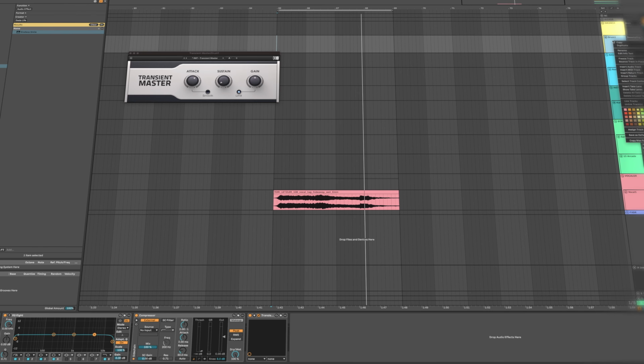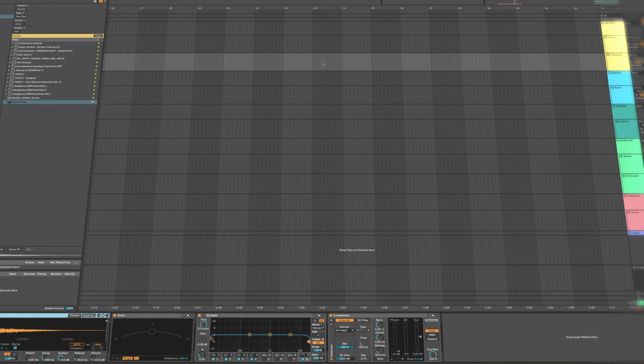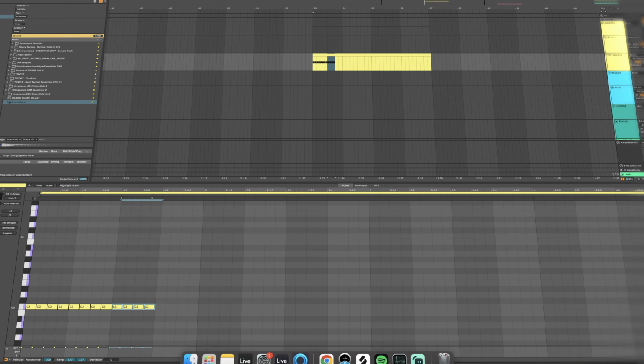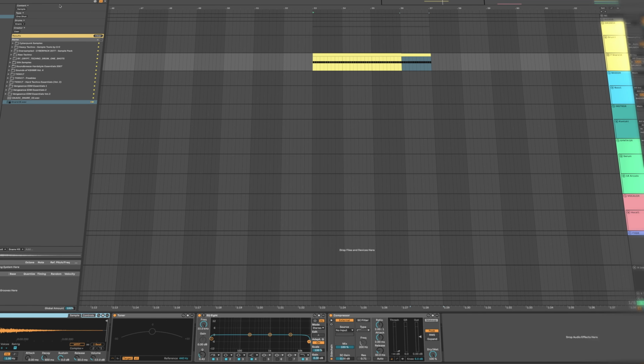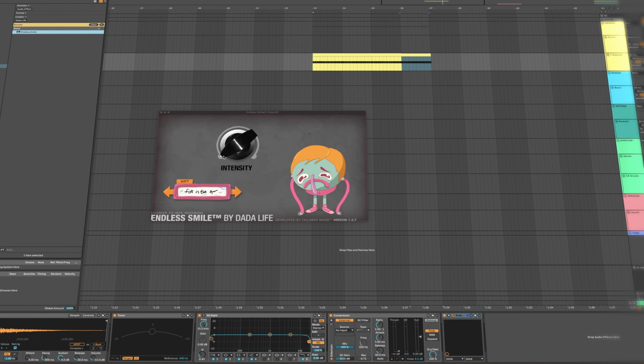And of course you can also, if I take a snare for instance, I've heard better snares, but for now this will work. So we just take a snare, 16th notes. Alright, put the Endless Smile on there. And when we crank up the intensity,